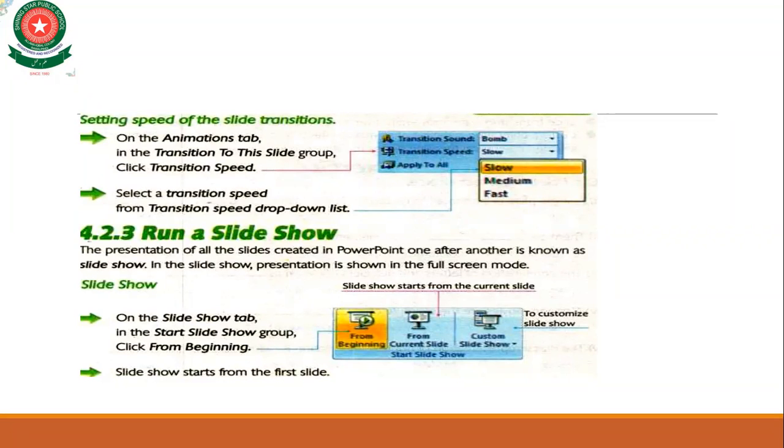In a slideshow, the presentation is shown in full screen mode. As you see, the slides are moving on your mobile screen; basically this is a slideshow, where the slides replace one another. On the Slideshow tab, in the Start Slideshow group, click From Beginning.